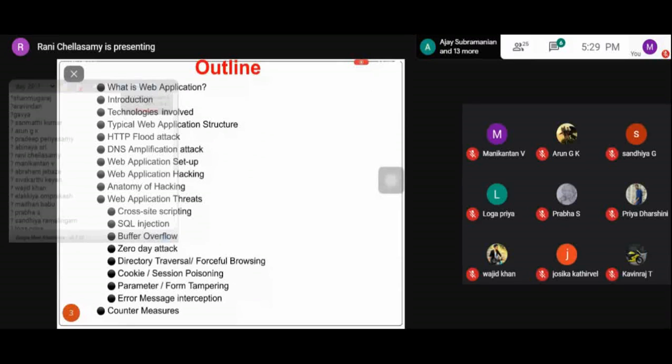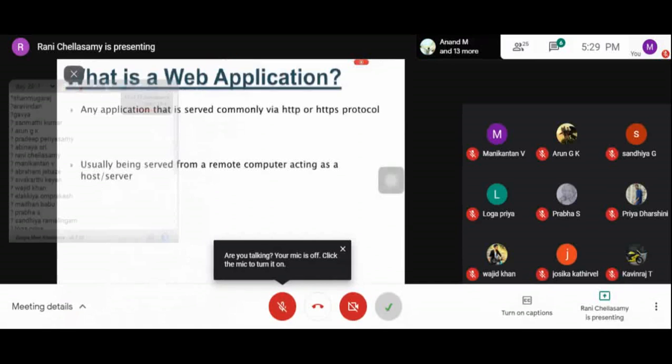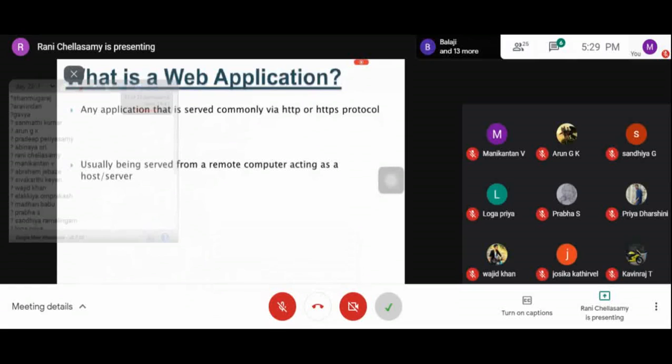Let me get into what is meant by a web application. Any application that is served with the help of the Hypertext Transfer Protocol, that is HTTP or HTTPS, Hypertext Transfer Protocol Secure, is called a web application. The web application will be served from the remote computer, which acts as both the client machine and the server.